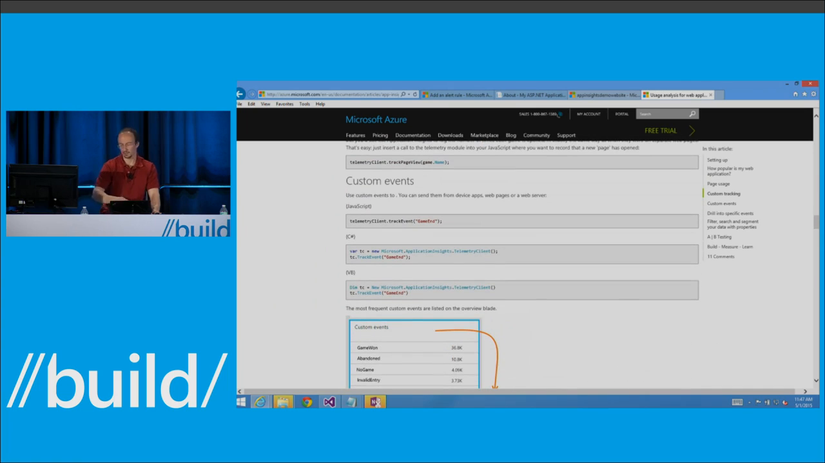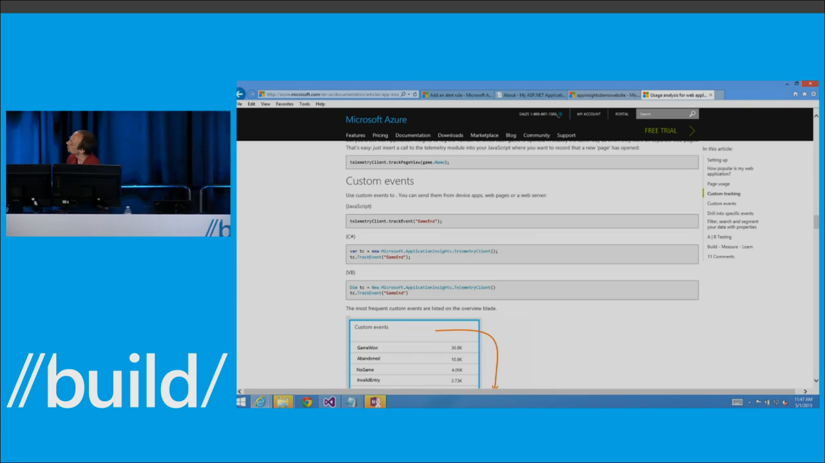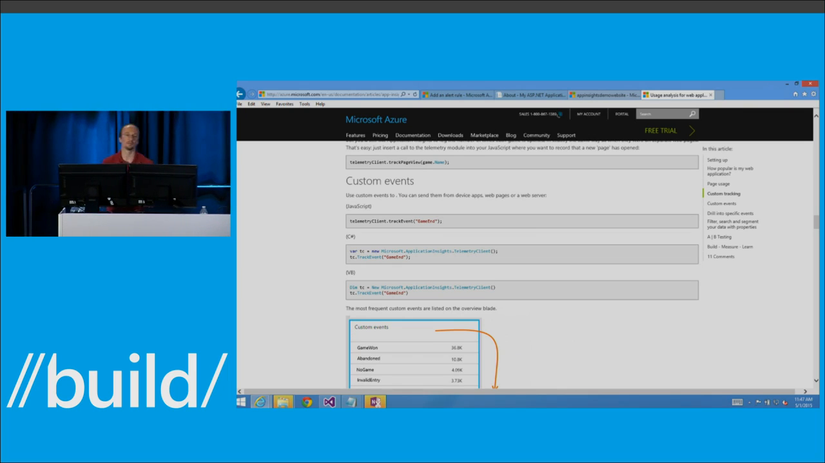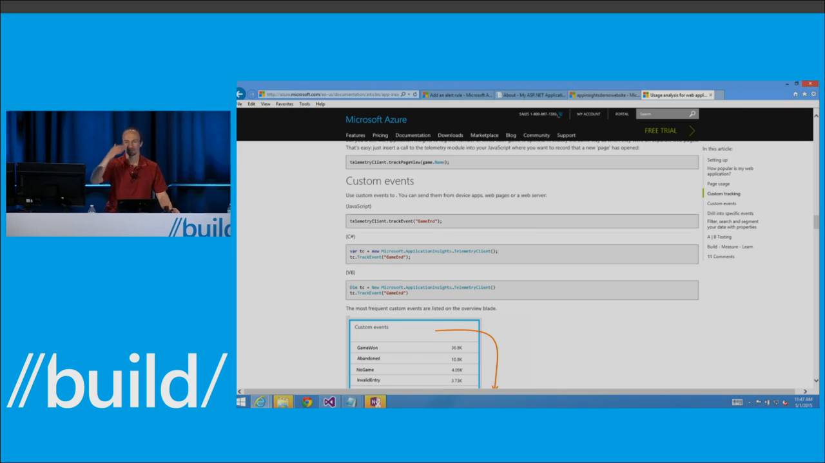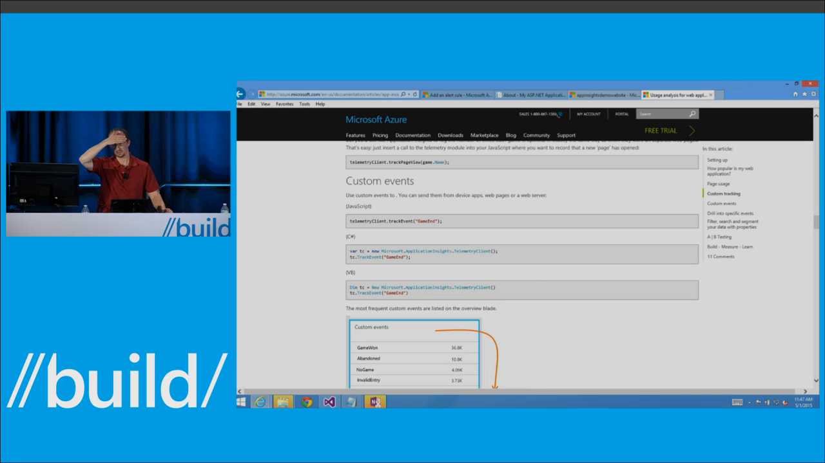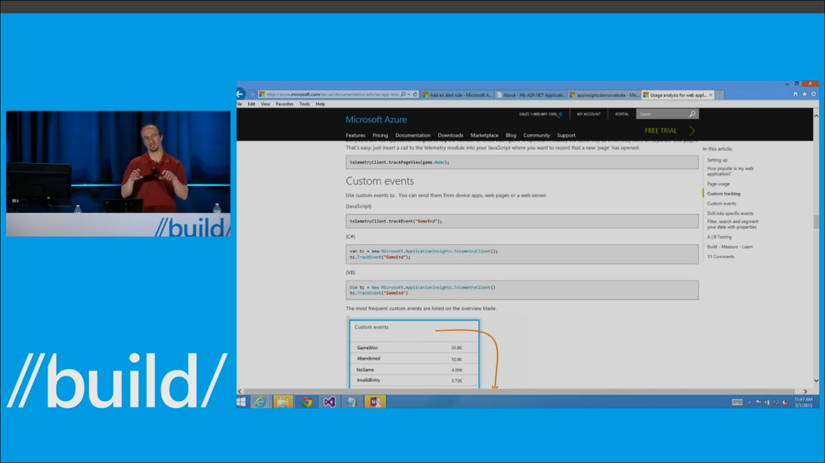Well, this is what you would do in JavaScript, okay? Basically, yes. I would even make a point of running Google Analytics and